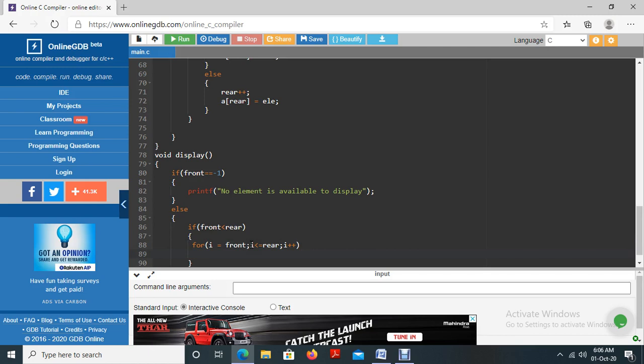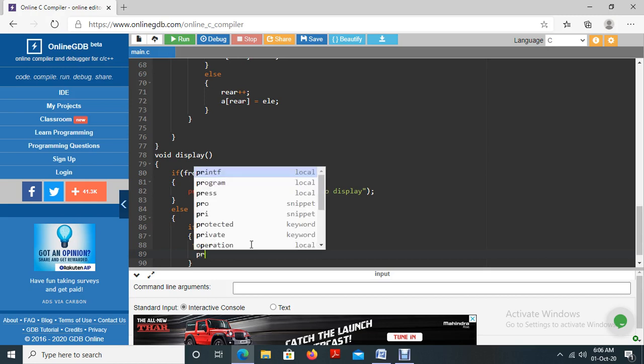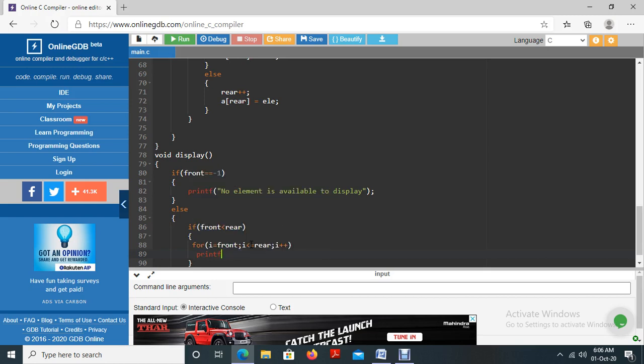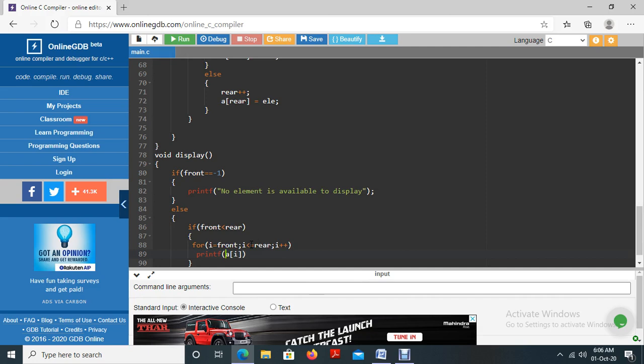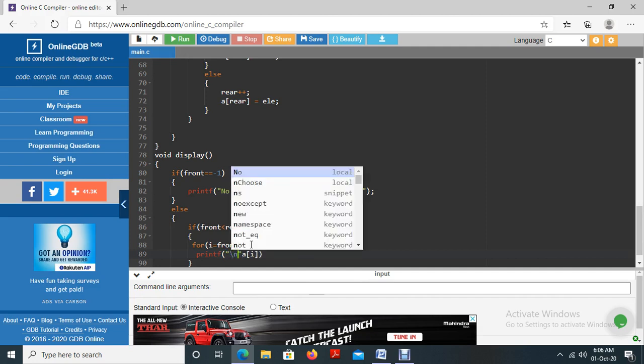If this condition is true, meaning the values are properly assigned, then you can print the elements one by one. printf of \n %d, A of i.